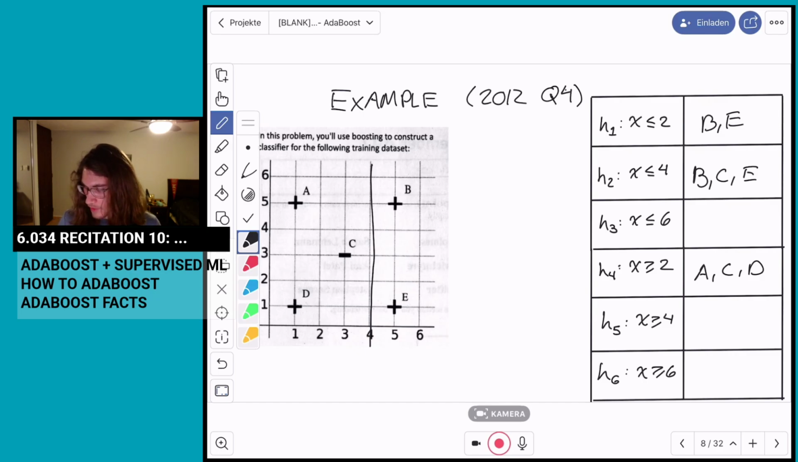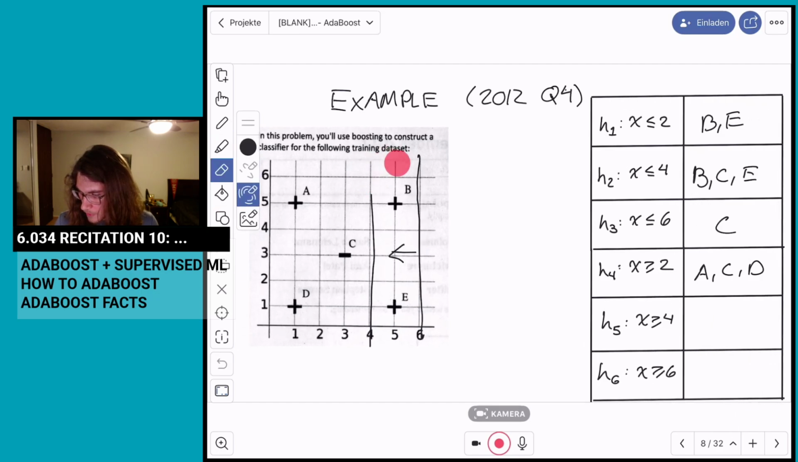Then for x greater than or equal to 6, that would be here. C is the only point that is misclassified. And then for H5, where I'm flipping the inequality, it's essentially the points that weren't misclassified by the first one. So in the case of